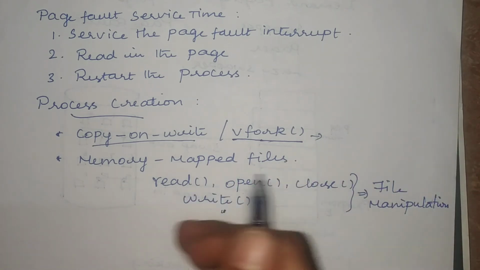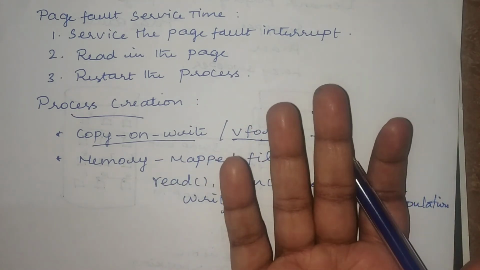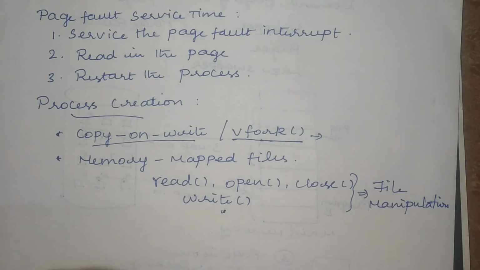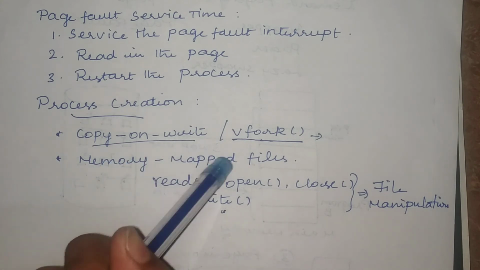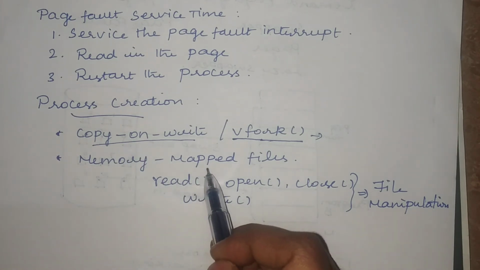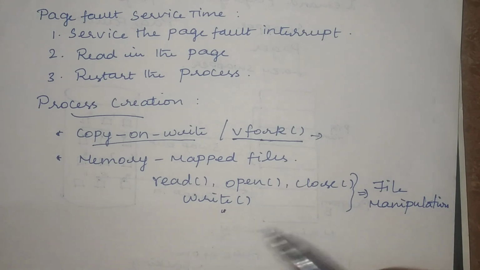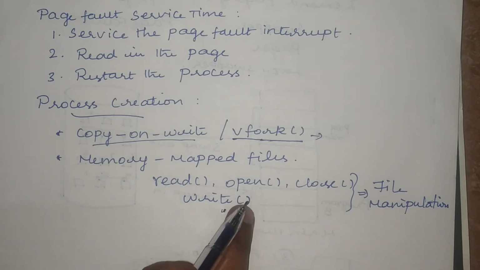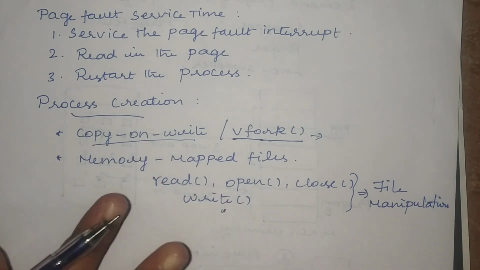But instead of using the system call, if you want to connect directly with the memory, so if you want to access directly any of the files that are already stored in the memory, that is also possible in the case of virtual memory with the help of this technique called memory mapped files. If you have many processes and all those processes want to access a common file, directly we can access the main memory in order to retrieve that file, and we can do all the file manipulations with the help of this technique. No need of using the system call. That is not needed in the case of virtual memory, right?